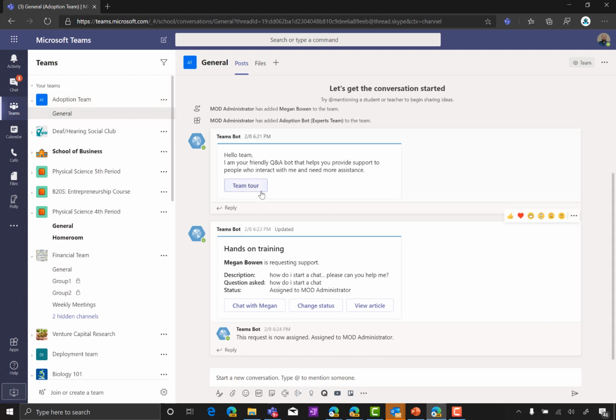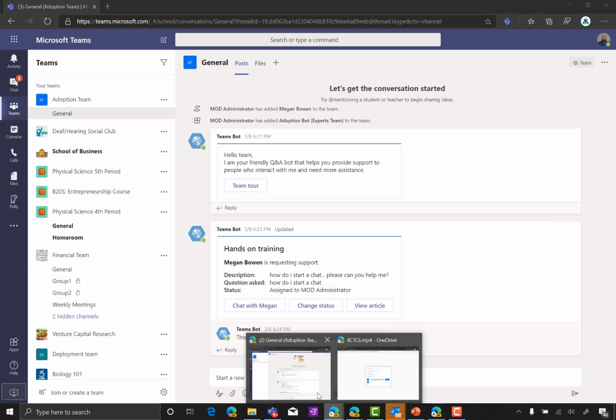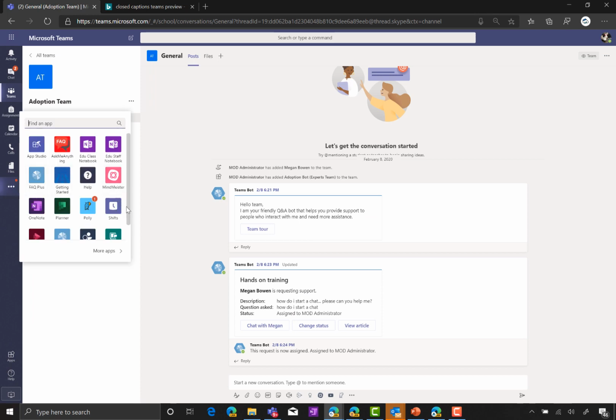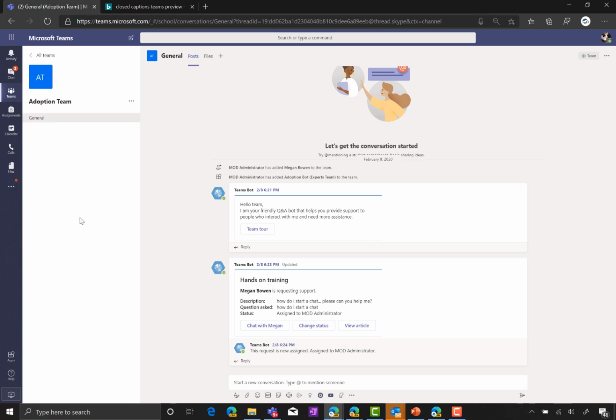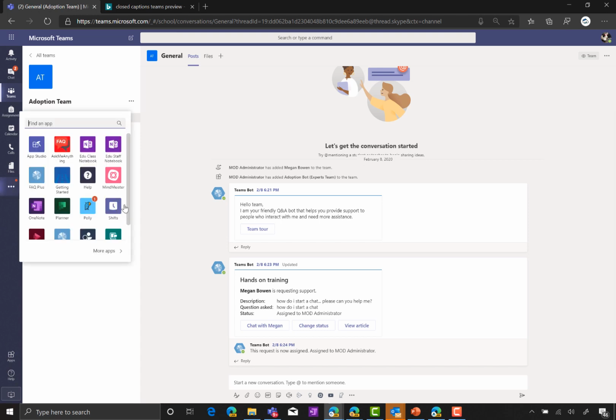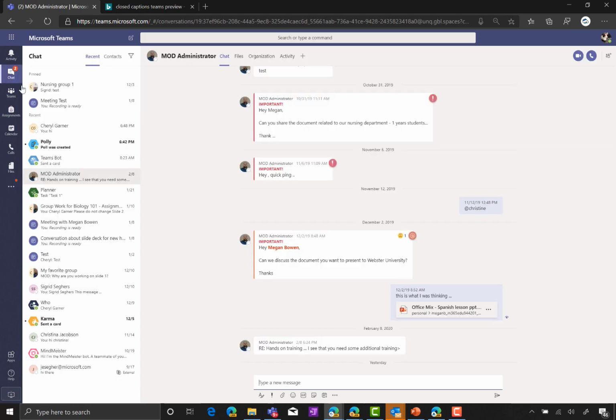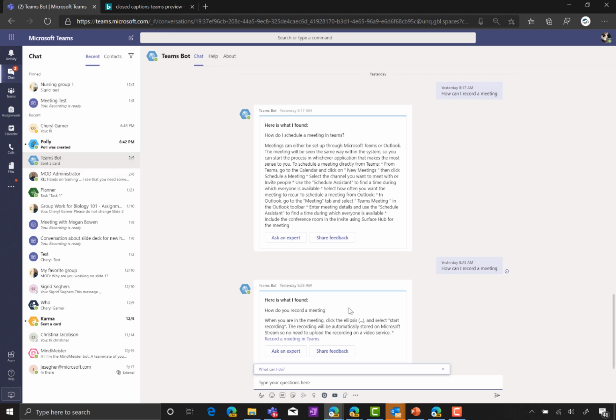And what you see here is all the questions, all the expert related questions that a user might have will actually appear here. From a user perspective, what we have available is an app called the Team Adoption. Let me retrieve that real quick. So you see here this app, or they can also just have a conversation. So you see here the Teams bot, and really, this is just a conversation bot where I can ask specific